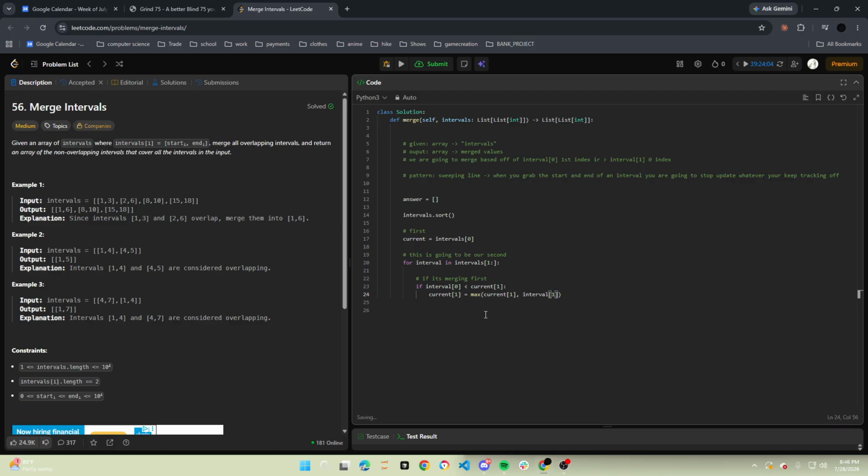Yeah. So then this should update current. Instead of 1 and 3, it should check the max of either 3 or 6. This is going to be 1, 6. And then at that point, that's going to update current. Beautiful, right? Yes. And then with that,